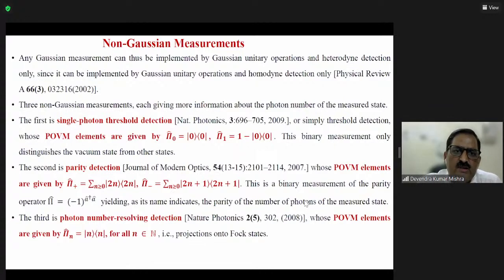There are three non-Gaussian measurements also, each giving more information about the photon number of the measured state. The first one is single photon threshold, or simply threshold detection, for which the POVM elements are written in terms of these relations. This binary measurement only distinguishes the vacuum state from the other states. The second one is parity measurement, whose POVM elements are given in terms of these two operators. This is a binary measurement of the parity operator expressed in terms of minus 1 to the power a dagger a, yielding, as its name indicates, the parity of the number of photons in the measured state. The third one is photon number resolving detection, whose POVM elements are given in terms of